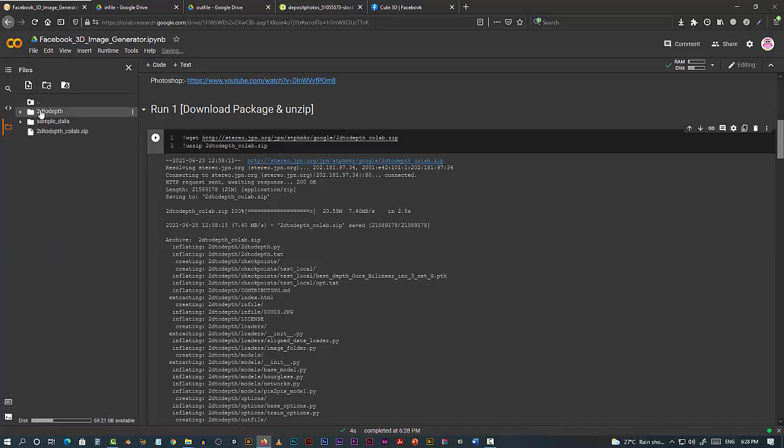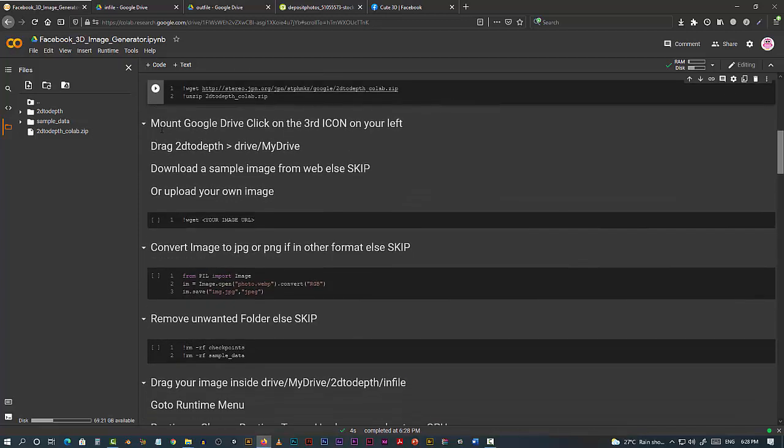Okay, and what you have to do is mount your Google Drive, then click on this third icon on your left, and drag this folder into your My Drive.